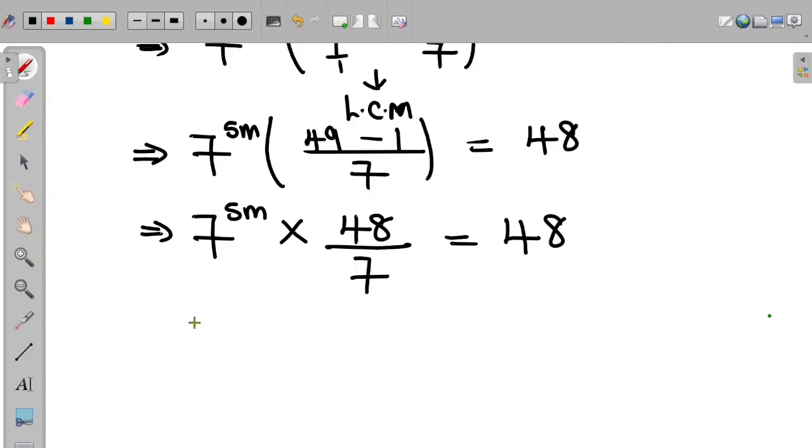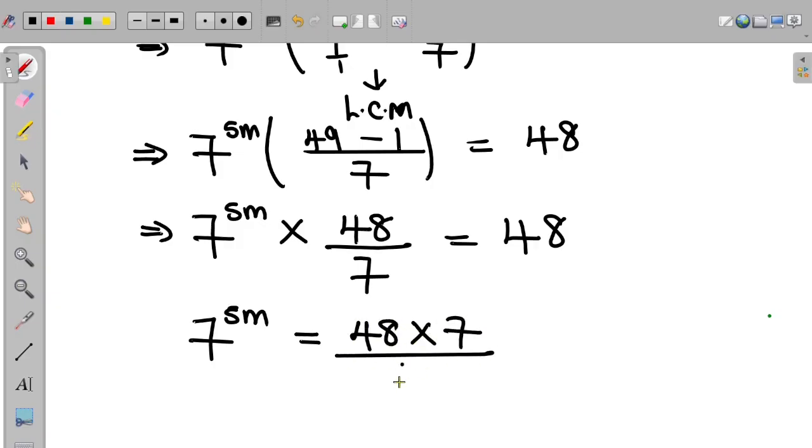So we have that 7 to the power of 5m is equal to 48 times 7 divided by 48. So 48 can cancel itself. I'll be left with 7 to the power of 5m